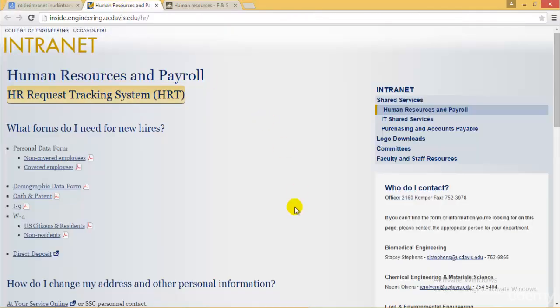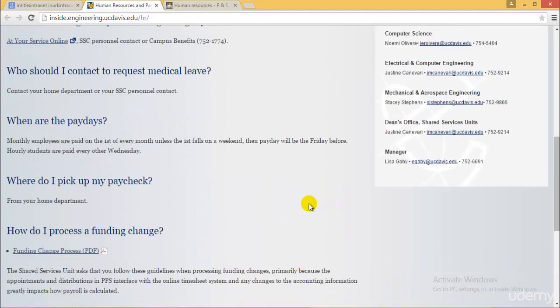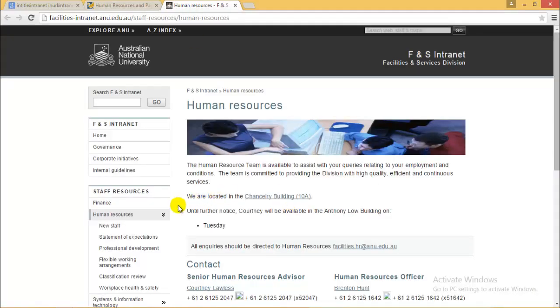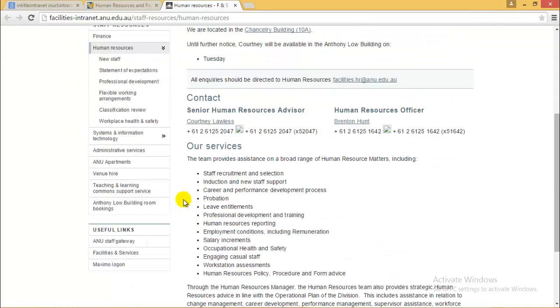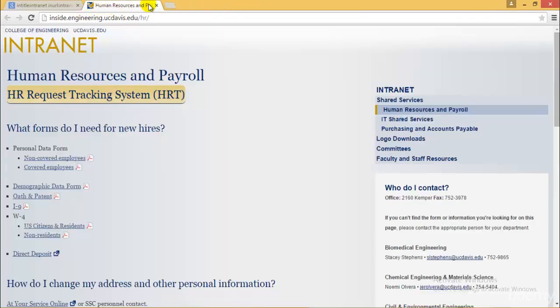So this is a normal page which I should not be able to access, but I am able to access it because they don't have a good firewall in place. Even this one I should not be able to access as well, but since I am able to, that means even these people don't have a good firewall in place, and that's why I'm able to access this.